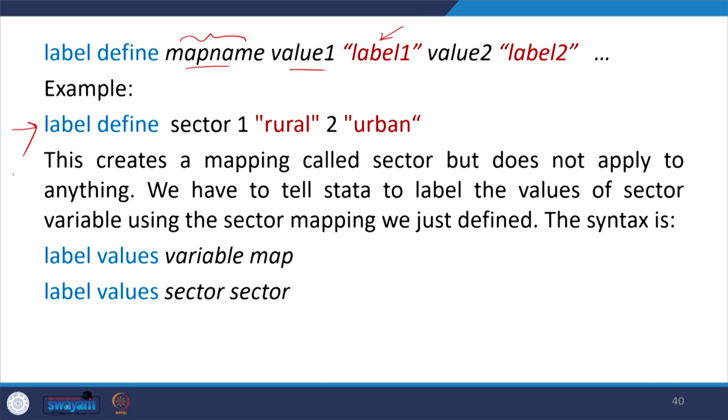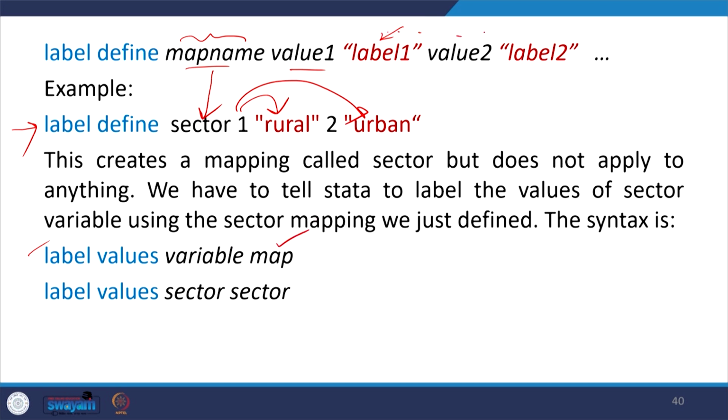Label define, what does this mean? In our case we have defined sector, 1 for rural and 2 for urban, and the map for us is sector. Once the first command is done, the second command is label values. Here in label values, the variable name is sector, then the map we have already defined.